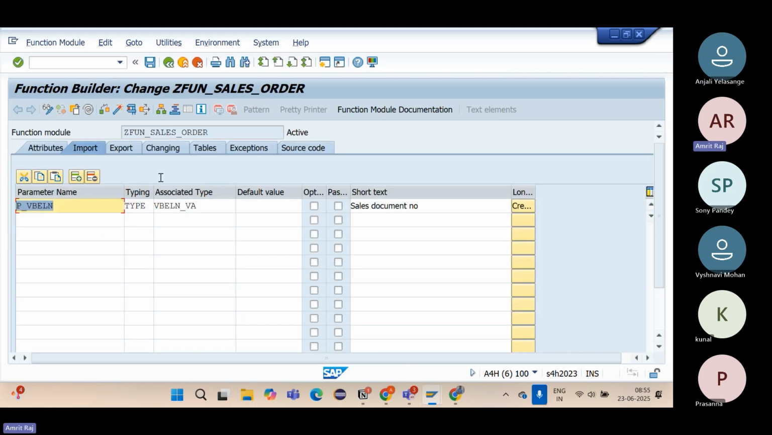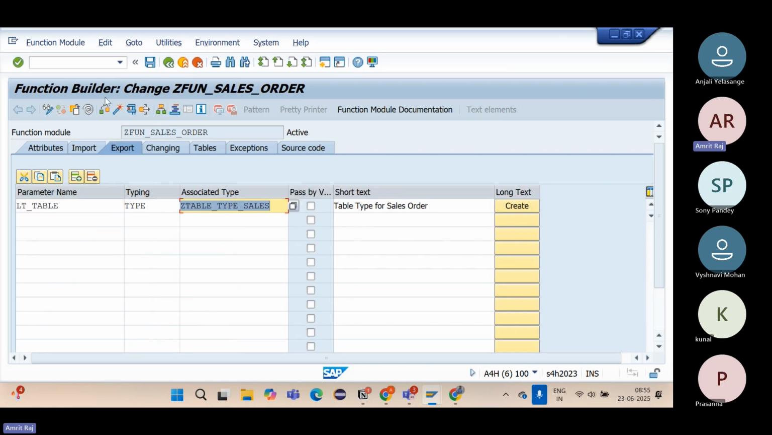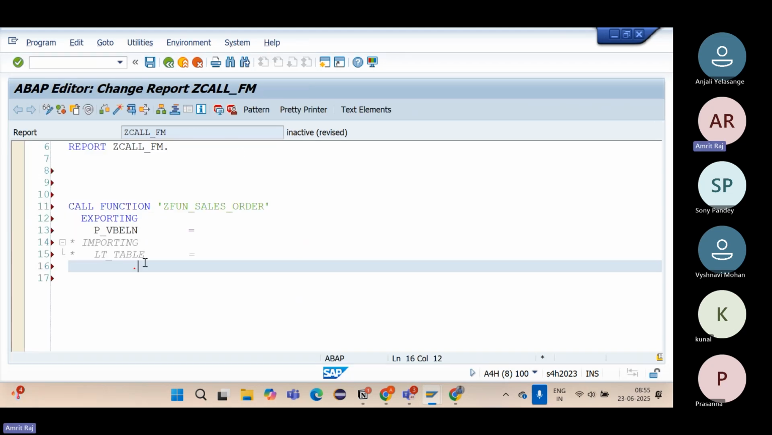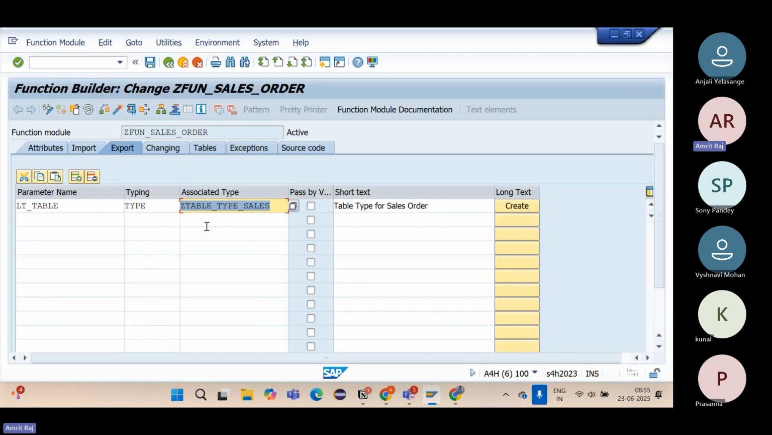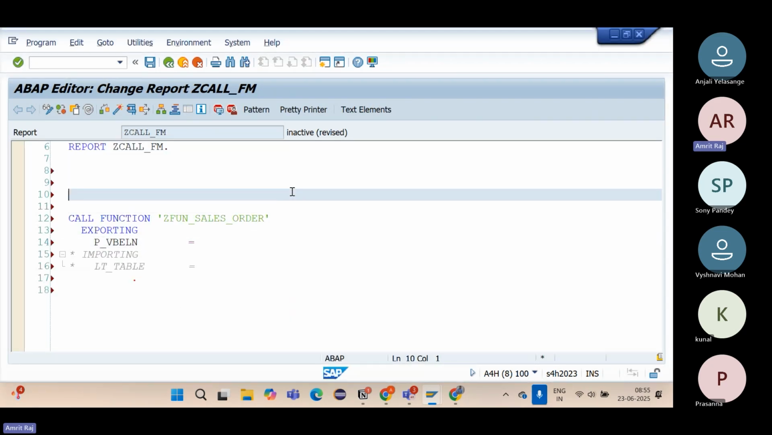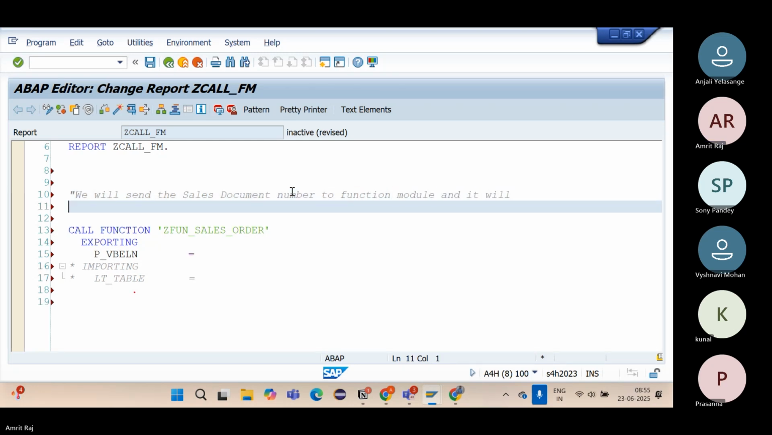here if you check, it was importing. This system is receiving the sales document number and it is returning you the internal table for sales. But when you are using it in the program here, now from the program, you will be sending the sales document number to this function module, correct? That's how it is going to work now here. We will send the sales document number to function module and it will return the internal table